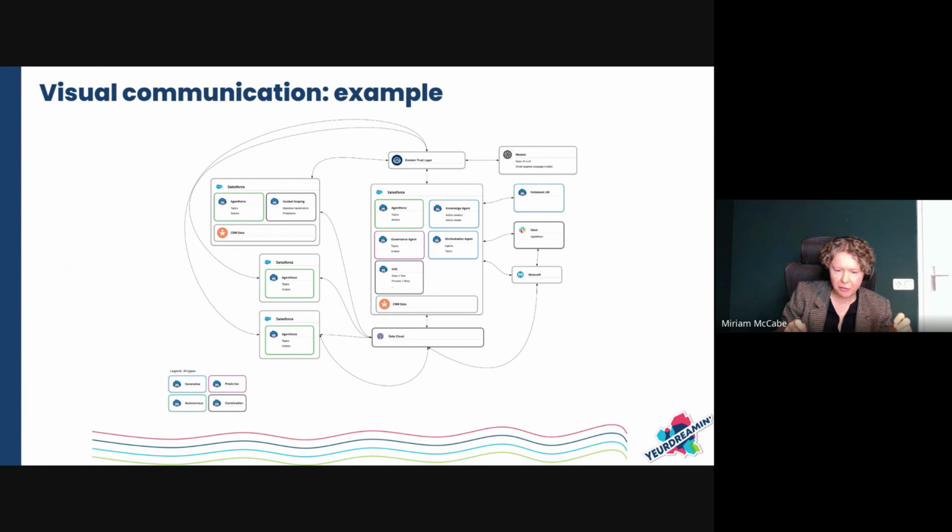And so I'm only focusing on the Agentforce pieces that are going to live in the org and some key elements of the architecture, such as that there is going to be Data Cloud, that there is going to be a trust layer talking to LLMs, etc. I think the takeaway that I would like to have is that communication, be it visually, be it verbally, is mainly about what you're not saying, so that it can be about what you're saying.